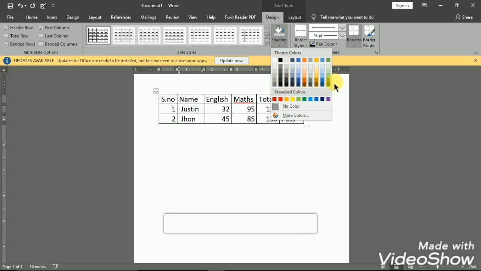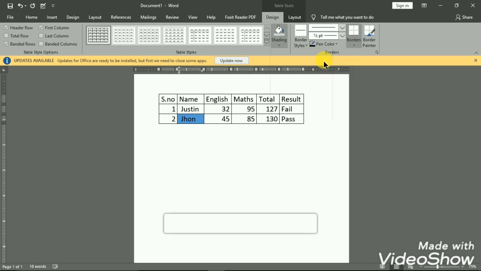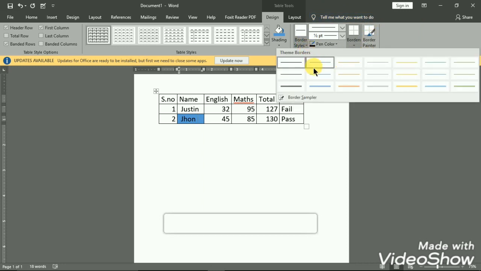Next we have borders. In the borders, we can select the border of the table, border of the cell. Here we have different border styles, double border and color of the border, and we can increase the size of the border, style of the border, pen color.